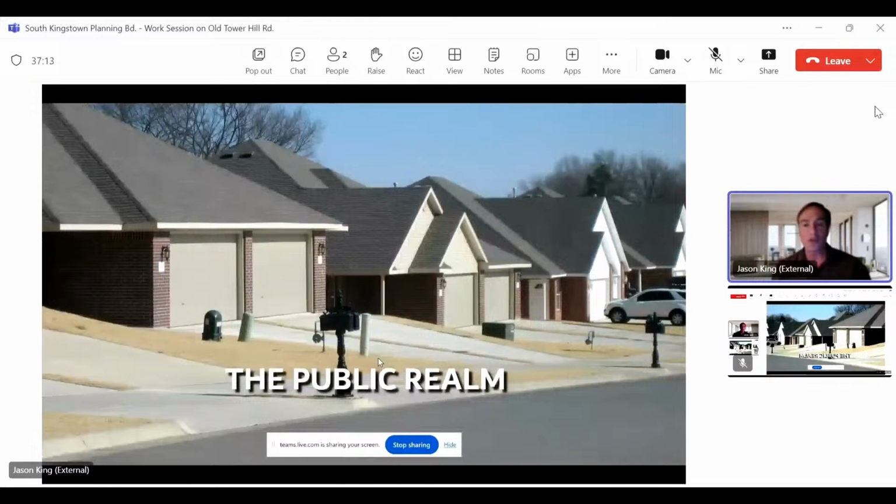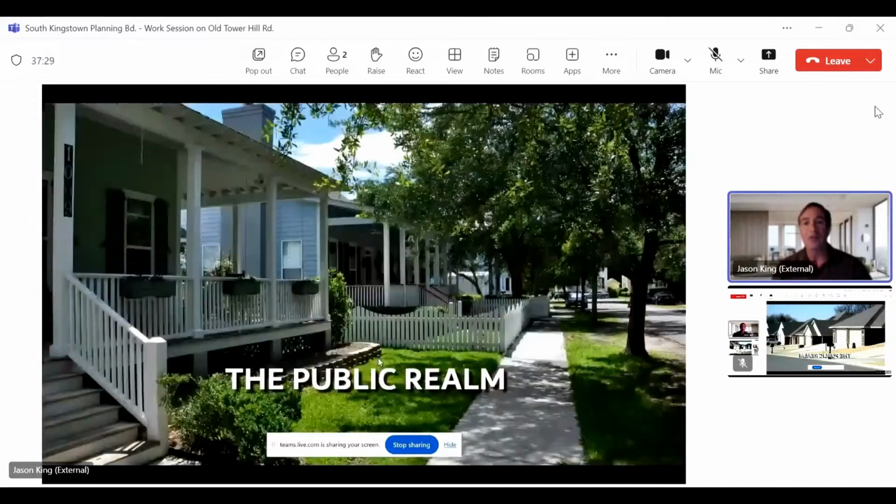Form-based codes have traditionally been concerned with one thing, again, the public realm, the space in between, the shared area. And so a form-based code would not allow what they call snout houses and would require front porches.